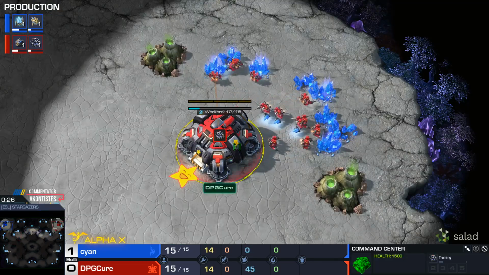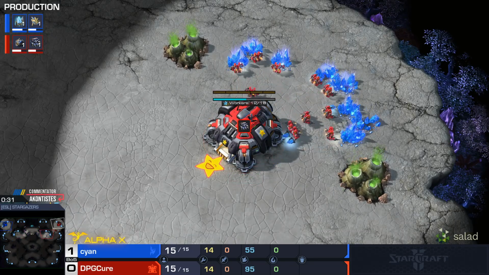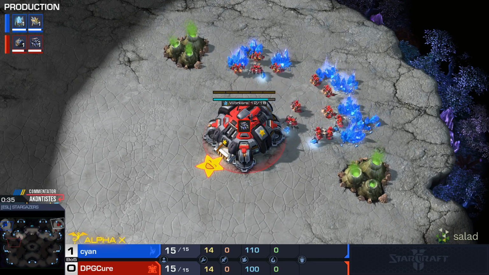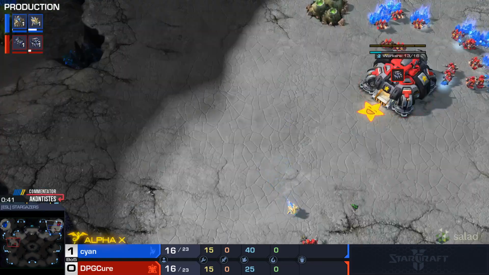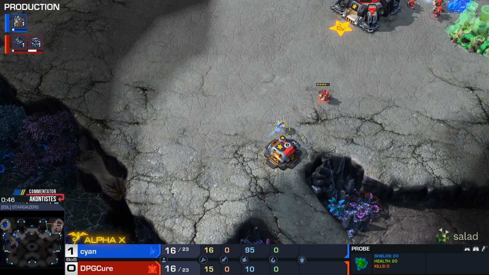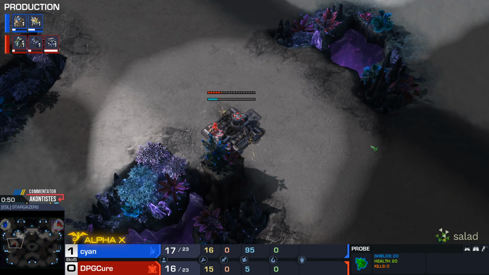His opponent in the red, playing for Dragon Phoenix Gaming, looking for the equalizer. Can he find it here on Stargazers? It's Cure. Very early scouting probe sent out immediately by CYAN, while Cure is gonna go ahead and get his